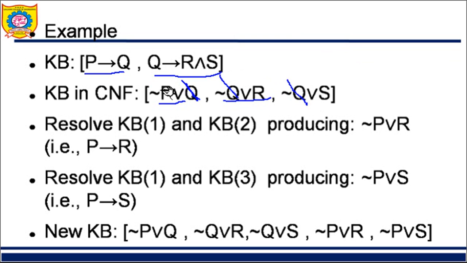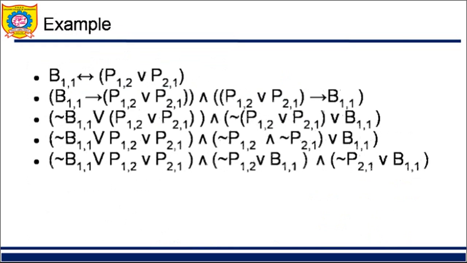So what do I get? Negation of P or S. So my output is negation of P or S, that I can also call as P implies S. Okay. So my knowledge base initially had only these statements. New statements can be added further, this one and this one. Okay, so that is nothing but resolution. Let us see examples based on the resolution.